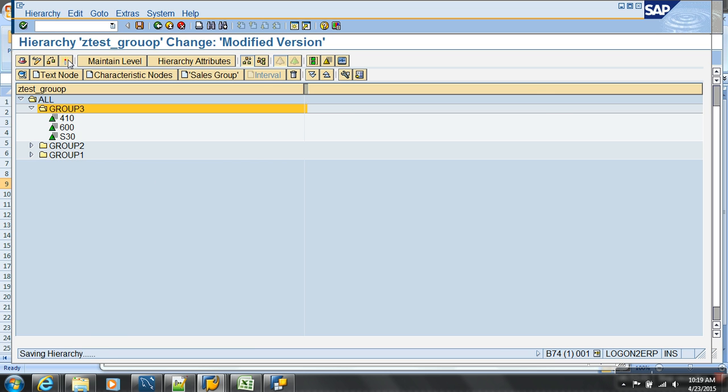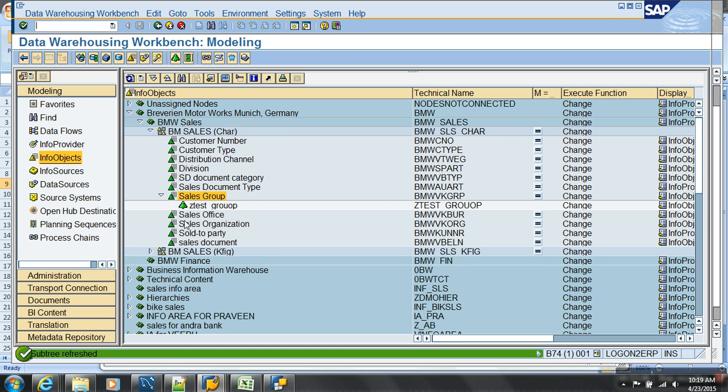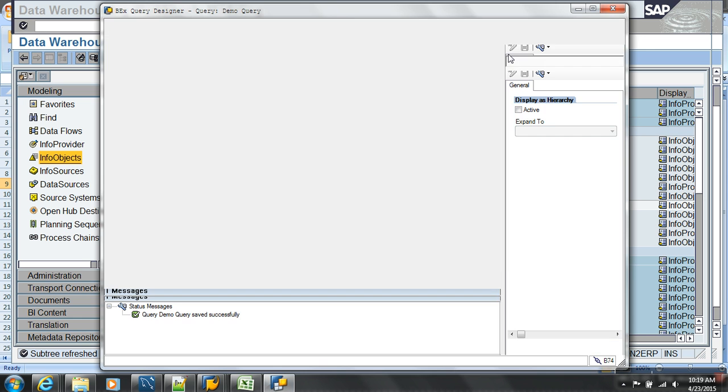Syllabus active. If you refresh, you get to see the tree here, the hierarchy. Second I'll have to close it out.